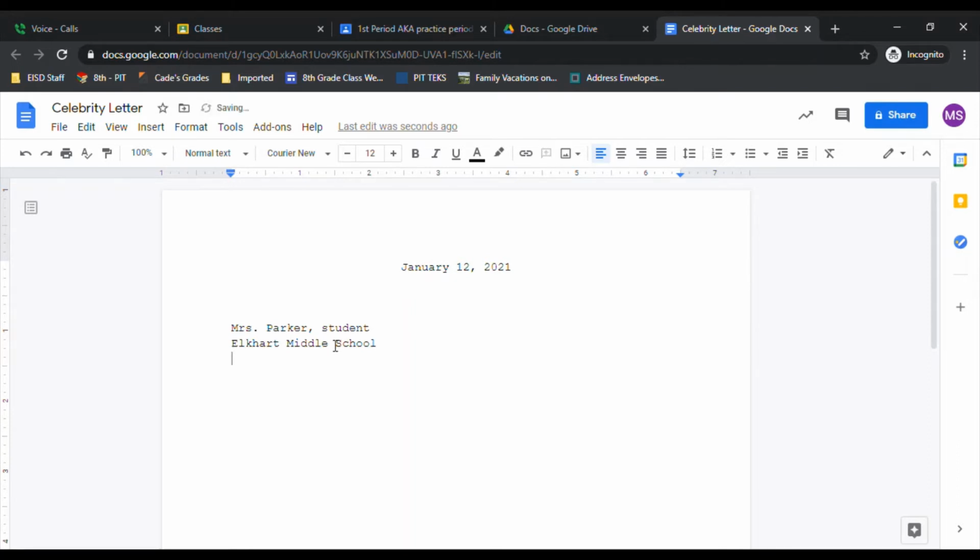Then I'm going to put the street address for the school, which is 301 East Parker Street. And I hit enter and I put my city, state, and zip code. All right, so I have my address in my letter. It's done. Now I'm going to hit enter 2 times because, again, this is proper formatting for a modified block